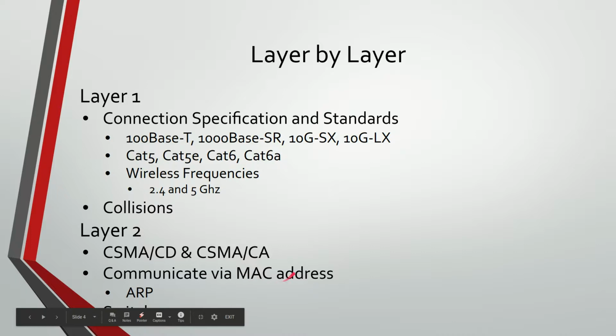We communicate via MAC addresses, which are 48-bit hexadecimal addresses. So 48 divided by 4 is 12. There's going to be 12 hexadecimal numbers and letters. ARP is the protocol, Address Resolution Protocol, that given an IP address, it's going to get a MAC